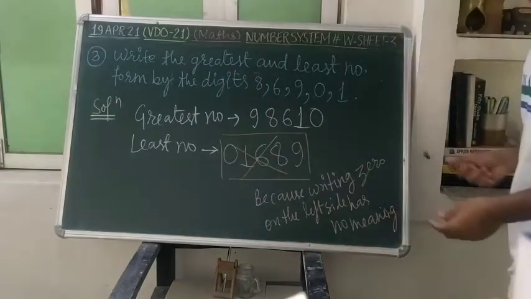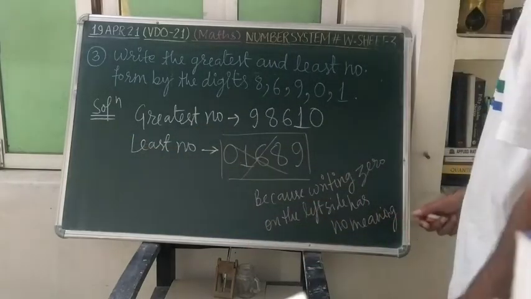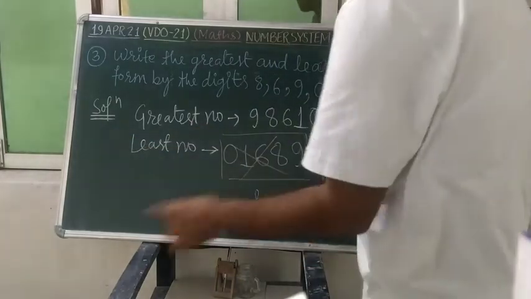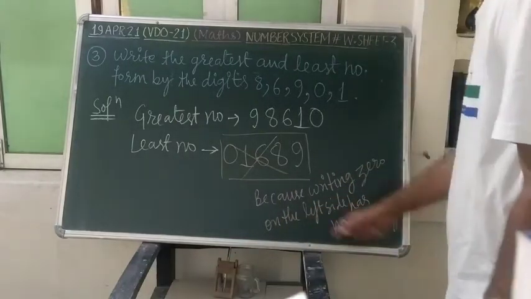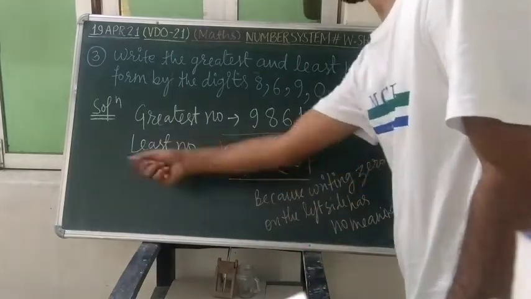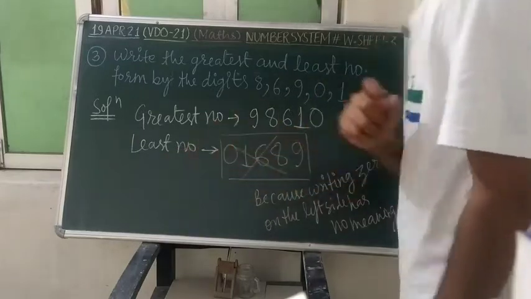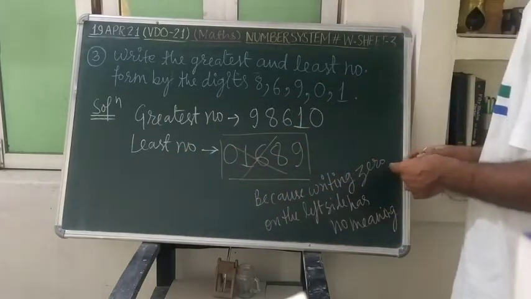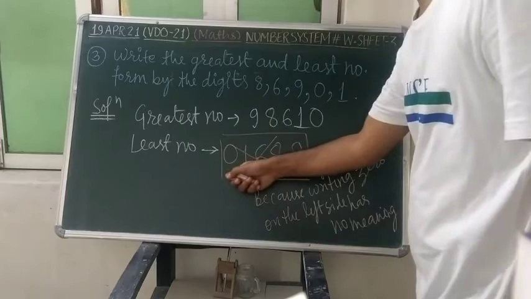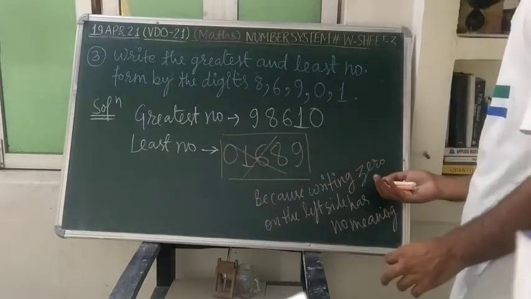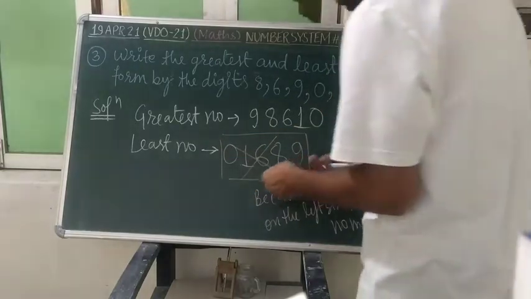Means if 0 is written on the left side, it will have no meaning. So here, if we write 0 here, this will not have any meaning. So we will try to bring this 0 to the right side. So our least number,